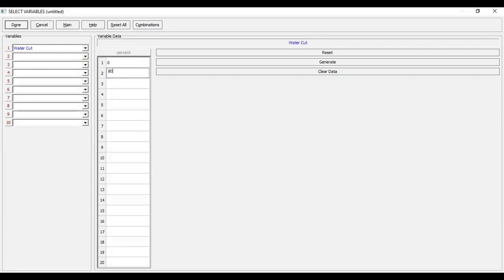If you have water cut of 80, it means you have water more dominantly, and because you have much water, the weight of the liquid column in your well will be heavier, and maybe the reservoir pressure is not sufficient to lift the liquid from the bottom hole to the surface, and your well will die. So we click done.